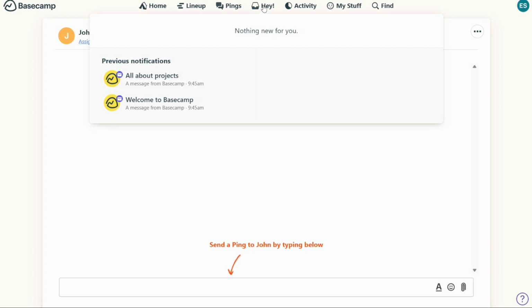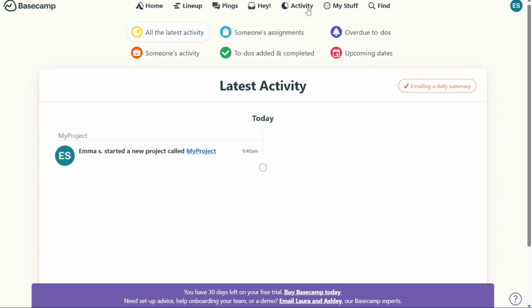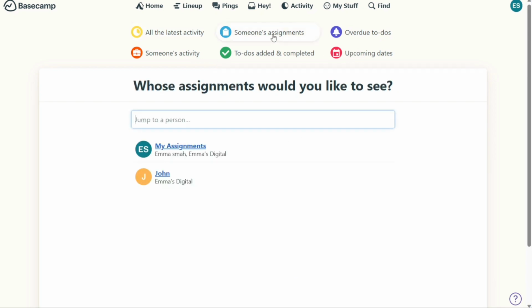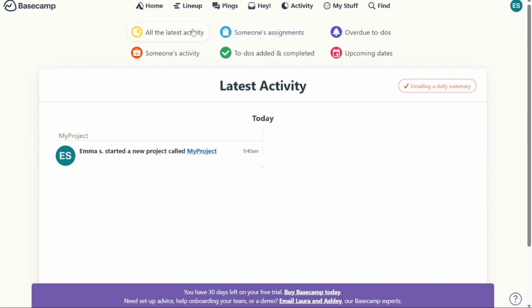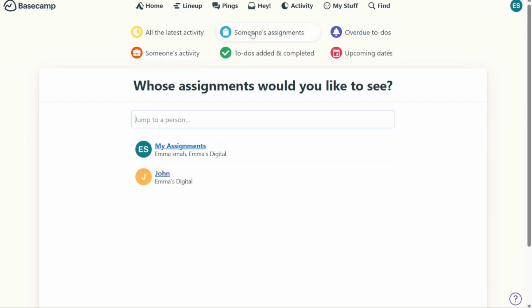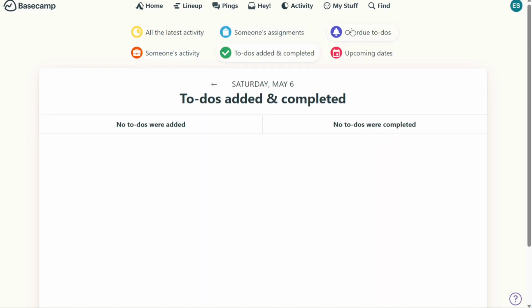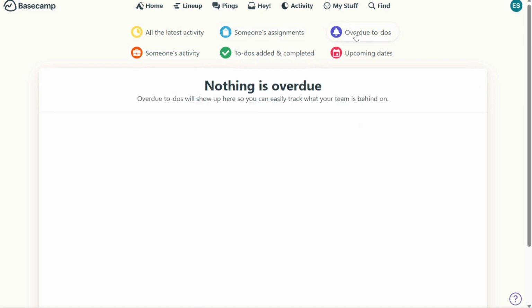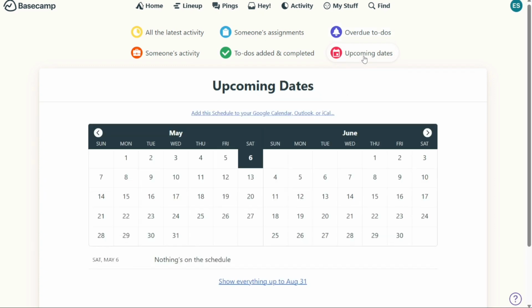The Activity tab provides a summary of all the latest project activities. It's designed to help team members stay informed about what's happening within a project by consolidating all project activities in one place. The tab is divided into several sections, including all the latest activity, someone's assignments, to-dos added and completed, overdue to-dos, and upcoming dates. Each section provides a different view of the project activity, making it easy for you to filter and find the